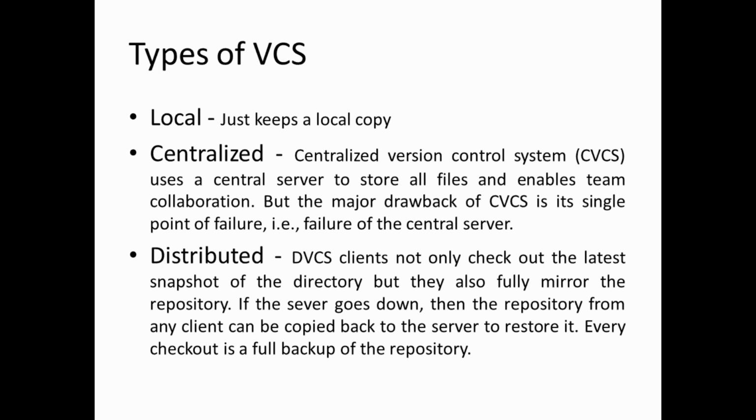So, what types of version control systems do we have? Initially, it started with local. It's very simple. When I say local, how do you keep a backup? If you are a single person at your home, you usually copy photos or some files or video files to a particular folder.